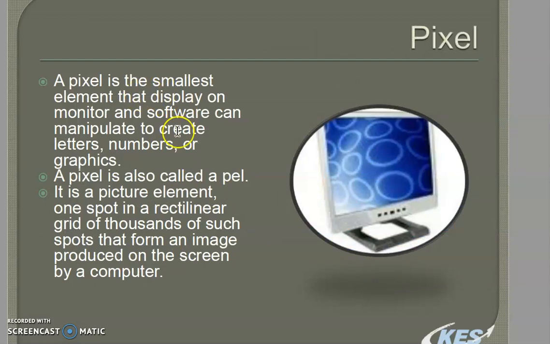Now, pixel. This is information about the pixel. Pixel means just a dot. You can see it is the smallest element of this display monitor, and you cannot divide it. So your monitor, even this screen I'm recording right now, is divided into different pixels, different dots, and different elements that again cannot be divided.